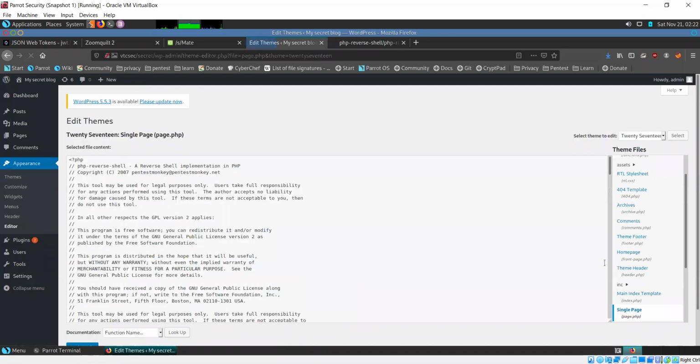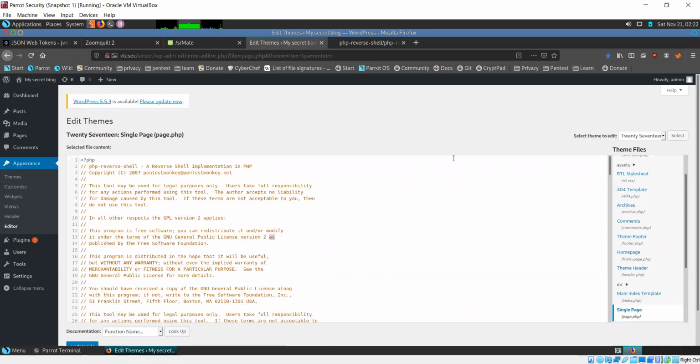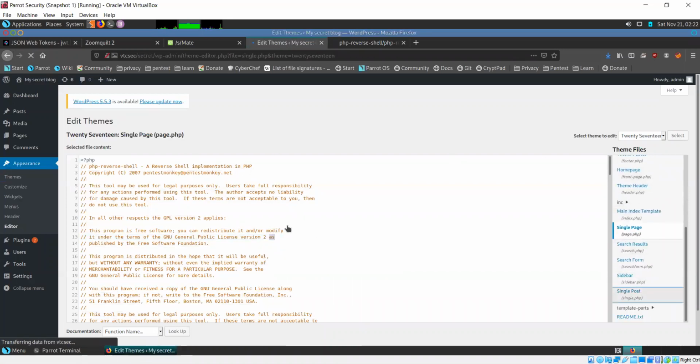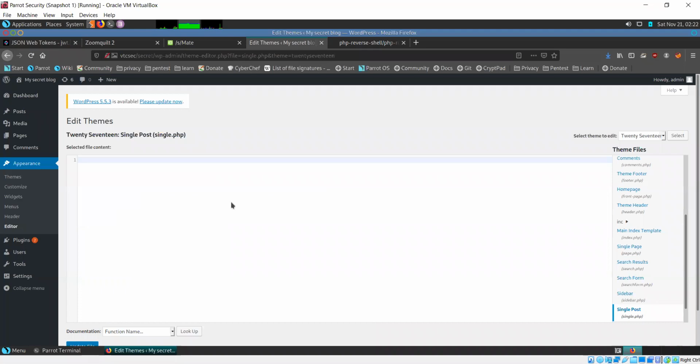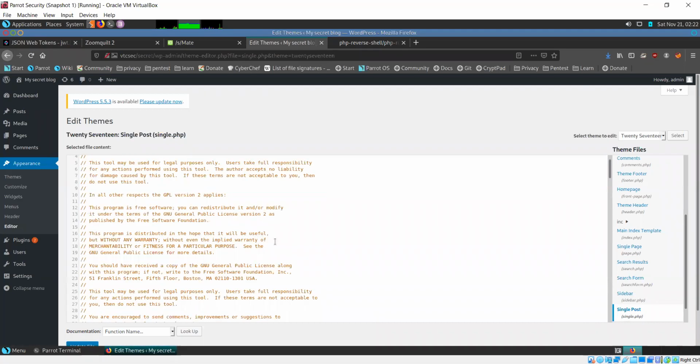No problem. I'll just go to the single post code. Replace it with our reverse shell.